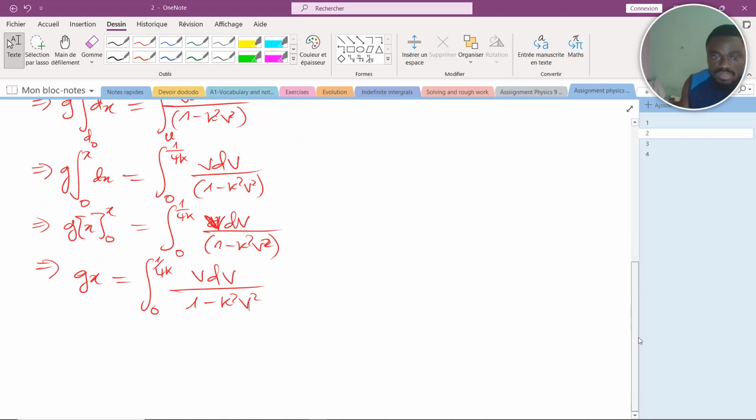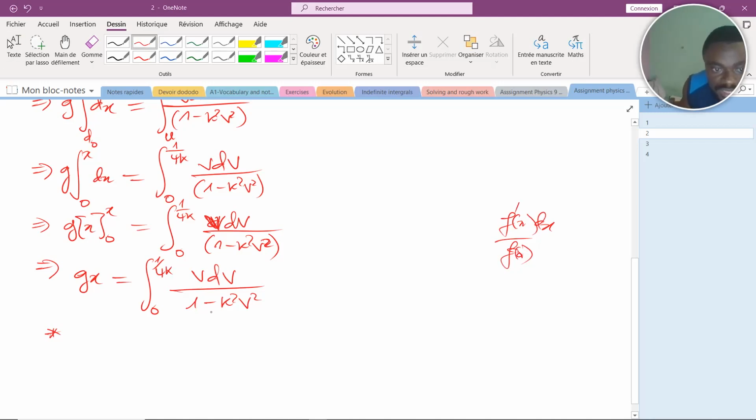So what I will do is that, what do you notice? Notice that this k square is a constant. K is a constant. So if k is a constant, naturally k square is a constant. What do you notice here? You notice that when you differentiate this bottom, we have already seen integrals of the form f prime of x on the f of x. I don't know if you remind yourself, f prime of x dx all over f of x